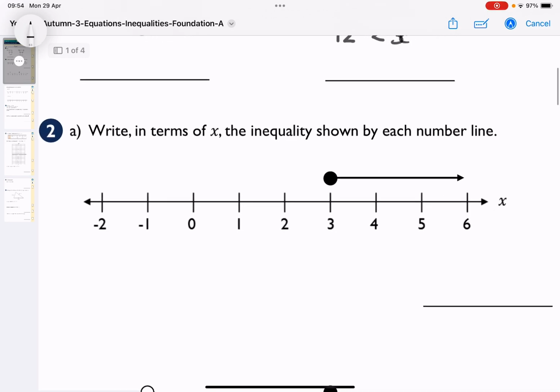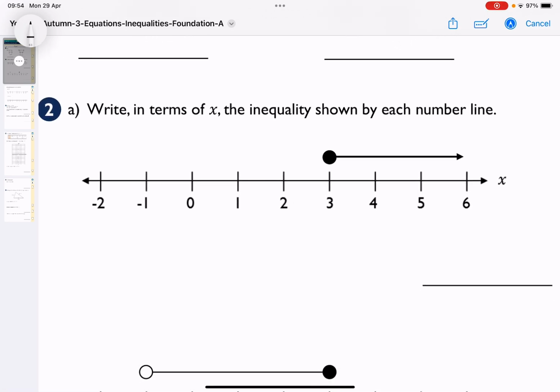Right, next one. Write in terms of x the inequality shown by each number line. First of all, check the number line, and I can see it is in terms of x. Sometimes they change these, so I know that it is x. I personally look at which way the arrow's pointing. The arrow is bigger than 3, and so my inequality symbol goes the same way,